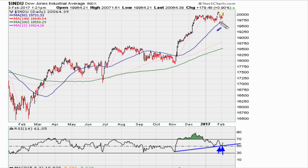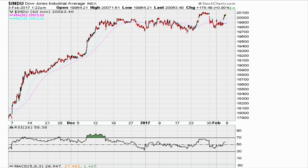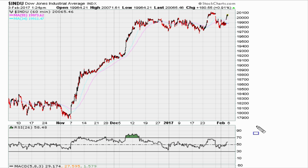So day to day the market looks like it is holding and doing exactly what the bulls need the market to do. If you're looking for reasons for a pullback, it's going to be on the hourly, just like we saw for the Nasdaq. If we take a look at the Dow Hourly, we can see that at the lows for the week, the market held the RSI lows line going back here. So we came and tagged that line, which corresponds with this price support. The market has bounced since then,